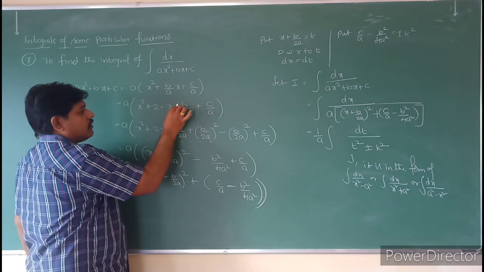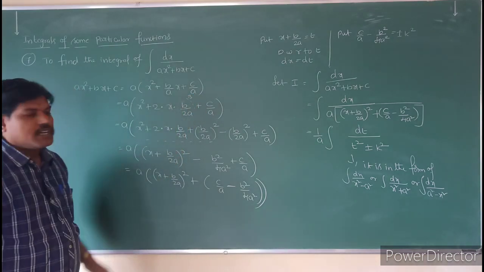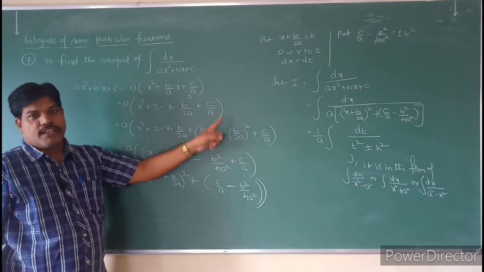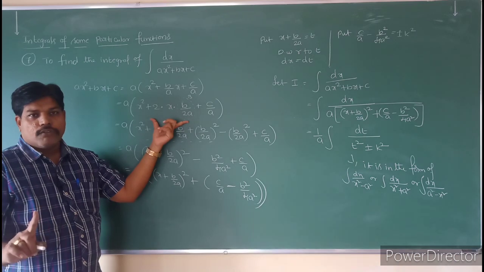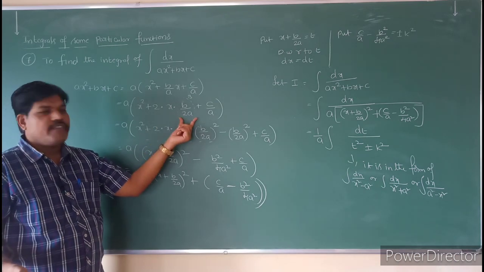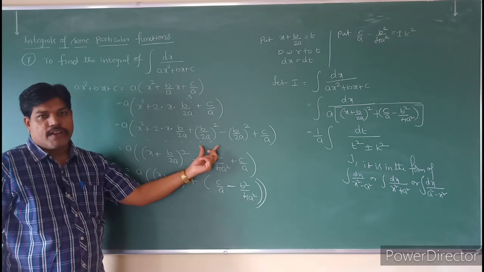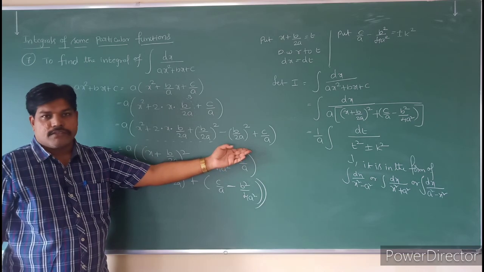This value is a, this value is b, or understand it as a square plus 2ab plus c by a. So for this one, you want to add one term. What is that? That is the b square. What is the b value? The b value is b by 2a. So you have to add the b square value. What is the b square value? It is b by 2a whole square. Take the square and subtract the square also.